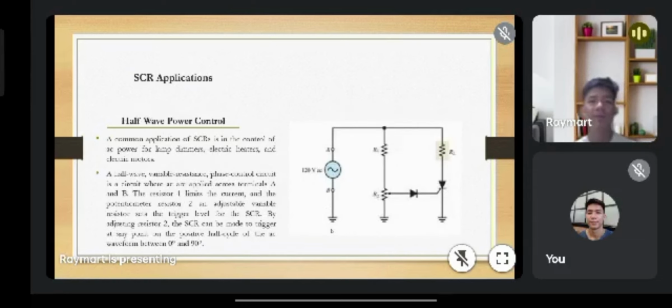So, the half-wave power control. A common application of silicon controlled rectifiers is in the control of AC power for lamps, lamp dimmers, electric heaters, and electric motors. A half-wave variable resistance phase control circuit is a circuit where AC is applied across terminals A and B. Resistor 1 limits the current, and the potentiometer